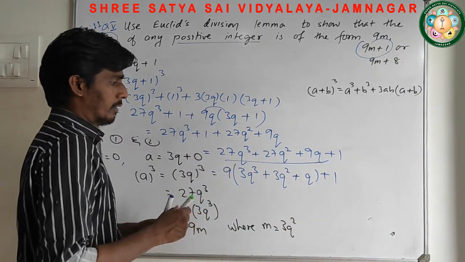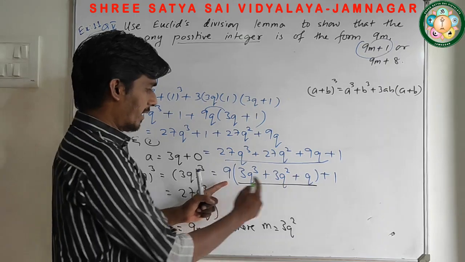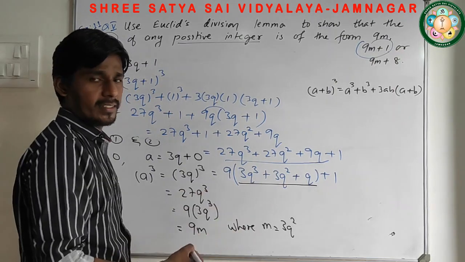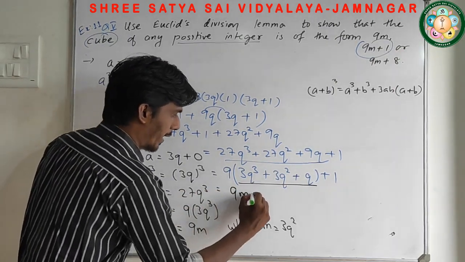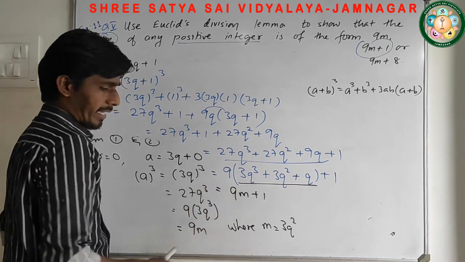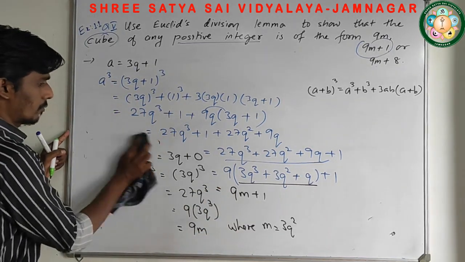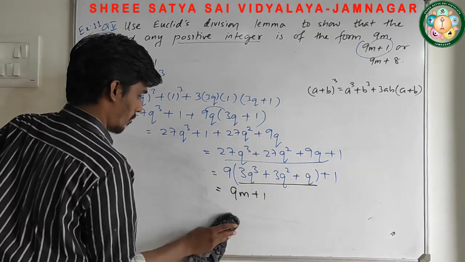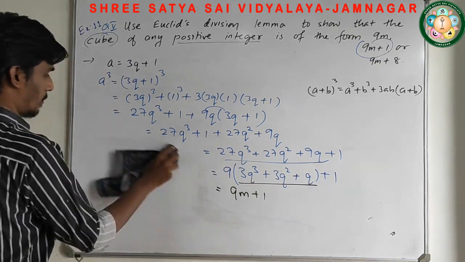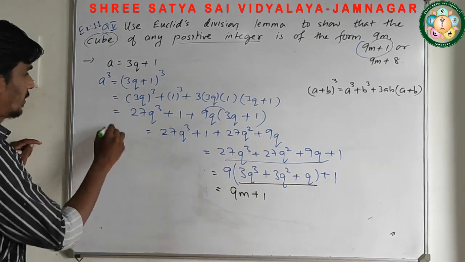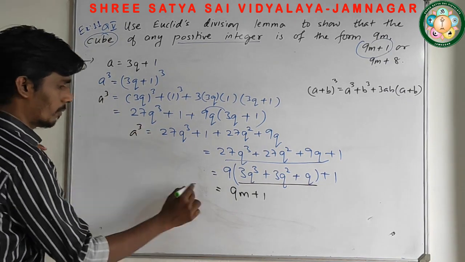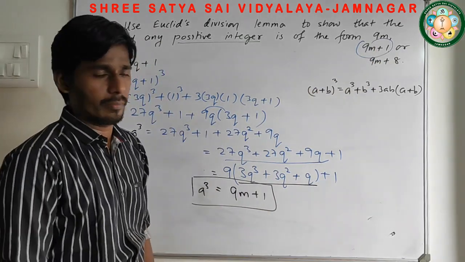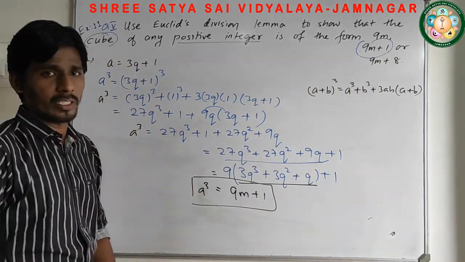Now what we are going to do, insert this whole bracket, 9 into something plus 1, it's 9 into something plus 1. So this whole bracket I am going to take as m. So 9 into m plus 1. This is what? A cube. ये जो a cube था, this is a cube, and finally I got what a cube. This is what second half proved by using remainder 1. Remainder यहाँ पे क्या use किया था 1.